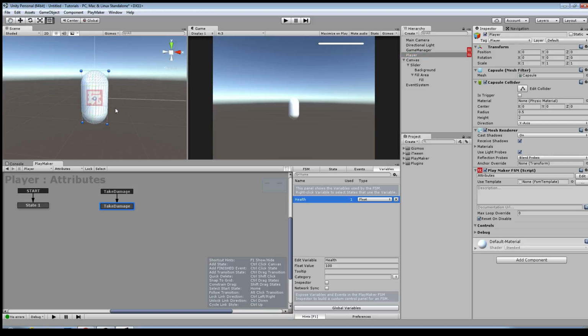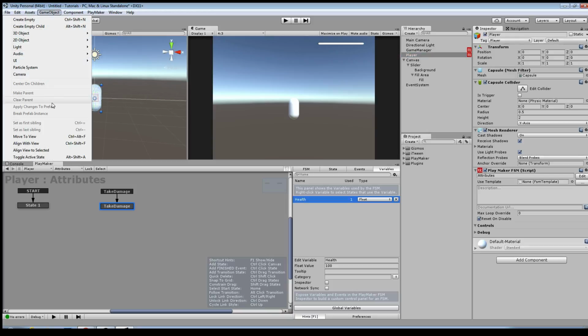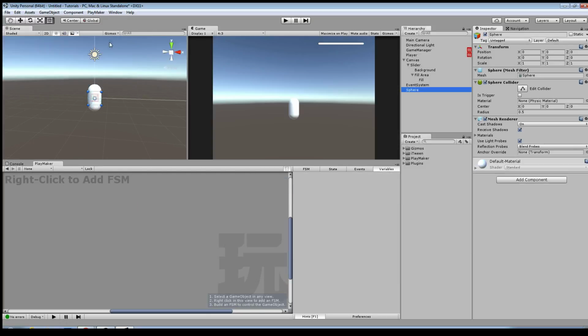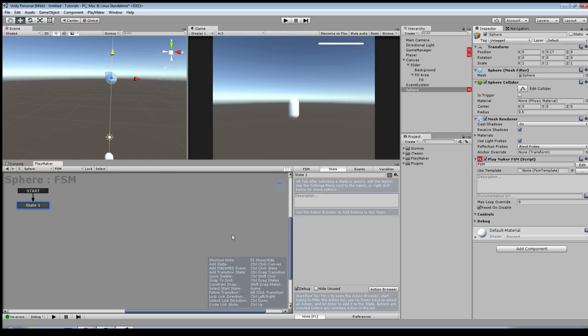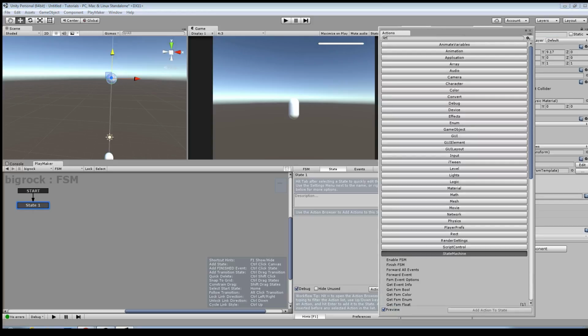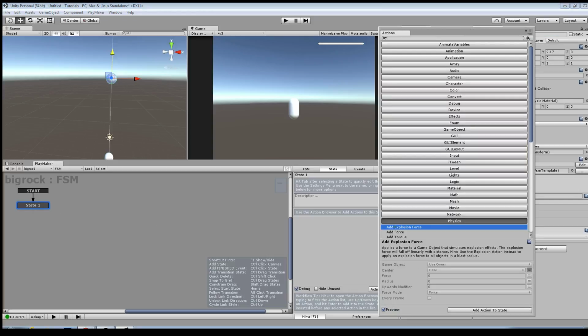So I'm just going to focus in on it, and I'm just going to get some spheres, and we're going to say, okay, every time you run into the player, tell it to take damage. So I'm going to add an FSM on my sphere here. We'll call this big rock. Okay, every time a big rock hits my player, it should take damage. So we're going to say every time we collide, physics,